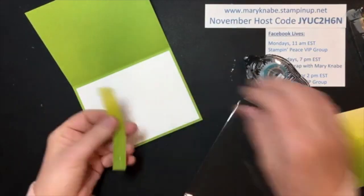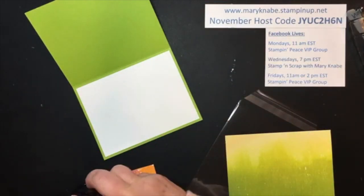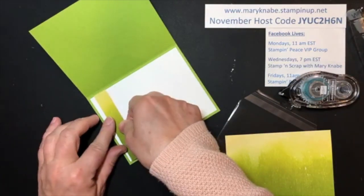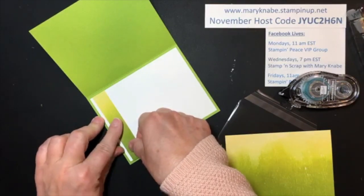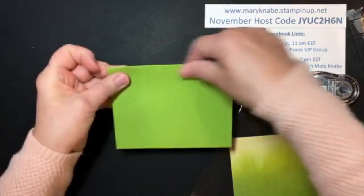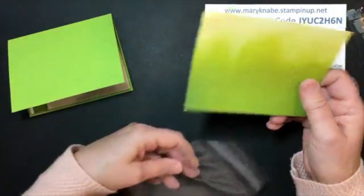I have an extra little piece of Designer Series paper I cut off one end. So I'm just going to use that right here. Again, just a fun little accent for the inside of your card. And then this is what I have left. So I'm using the,